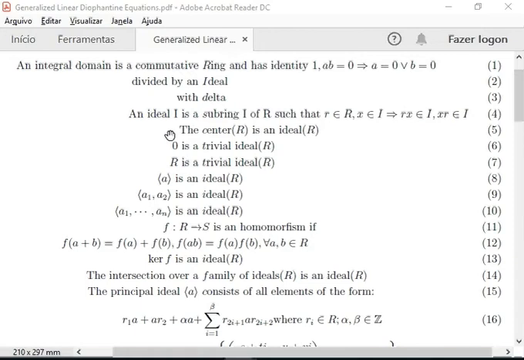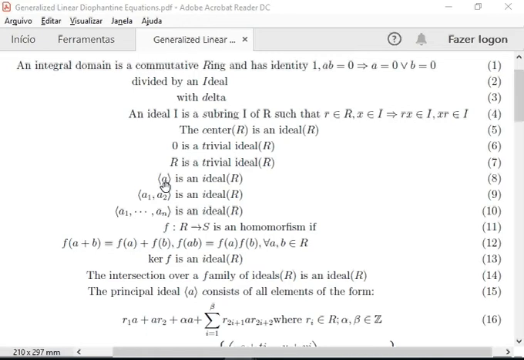So there are several examples of ideals of R. The center of R is an ideal. 0 alone is a trivial ideal of R. The whole R is a trivial ideal of R. The space generated by a of R is an ideal of R. It is one constant times everybody in R,